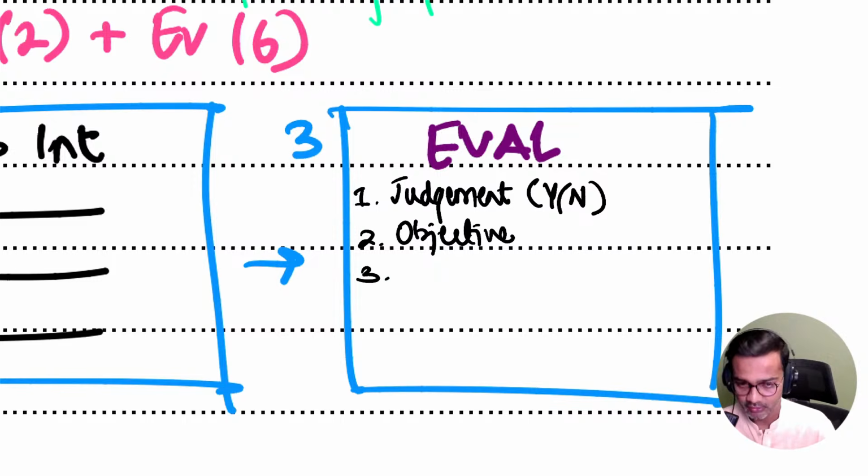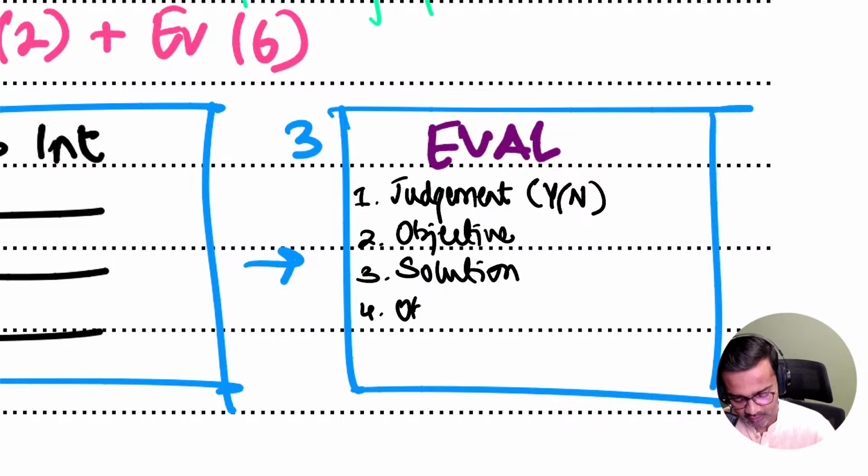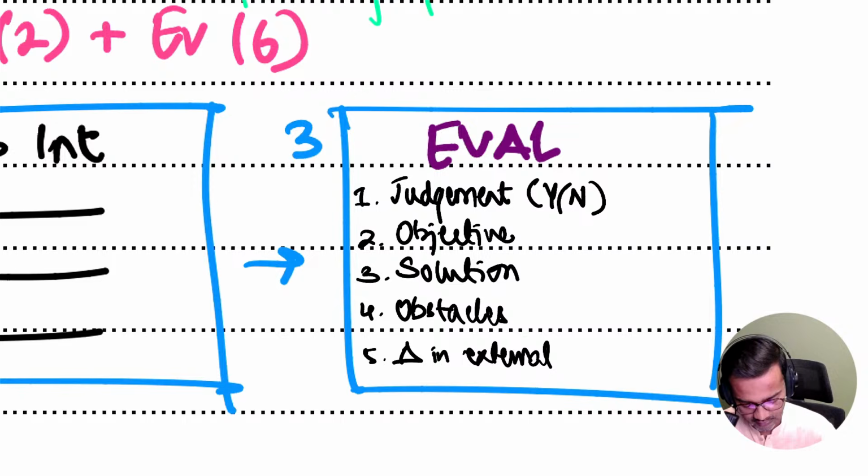And since Pedro has a big objective of promoting people and developing them, as he was helped when he was a young man, I think that's something to consider here. But you will also have, again, in evaluation, any solutions that you can bring. Number 4, any obstacles that might appear later on. Number 5, any change in the external environment that you can think of or you can find. And one more thing, number 6 is impact